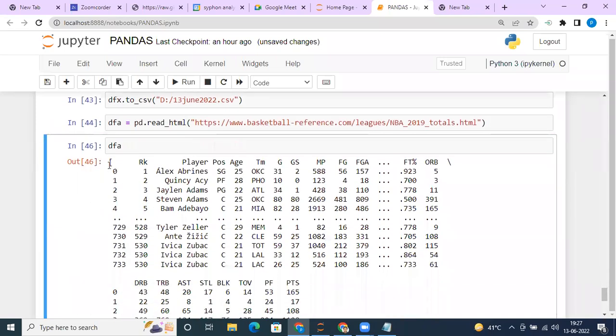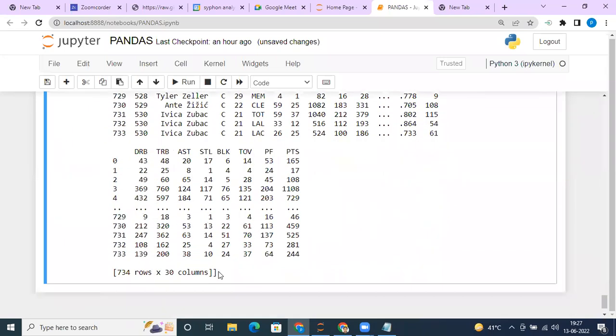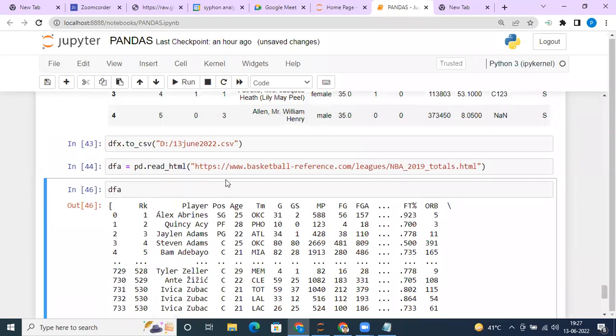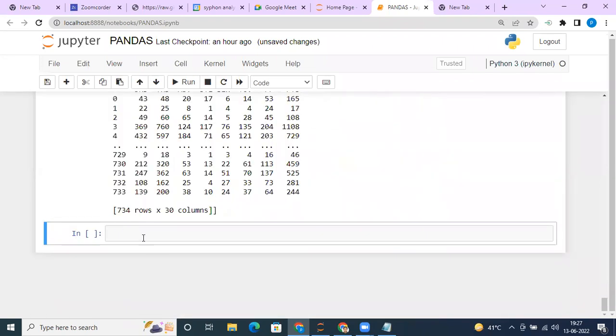Of course, it is a list, right? Very good. We can see the square bracket, so it has saved the table in a list format. Let me check what the length of the list is. So I came to the next line. I say length of